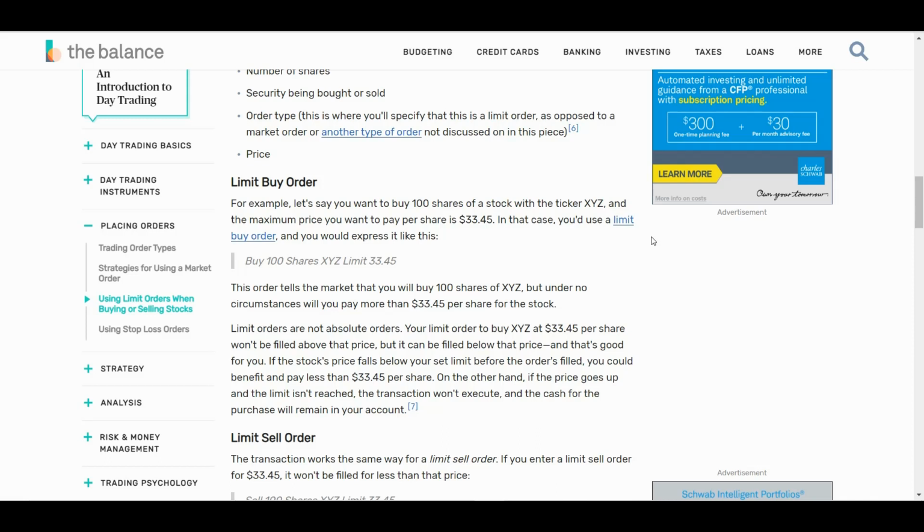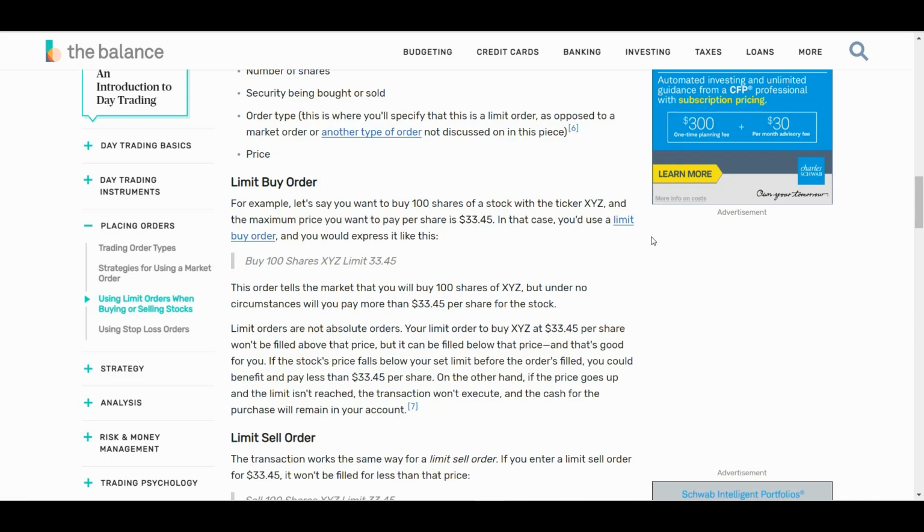This order will tell the market that you will buy 100 shares of XYZ, but under no circumstance will you pay more than $33.45 per share. So again, they're not absolute, and your limit order to buy at 33.45 per share won't be filled above that price. But it can be filled below that price, and that's a good thing because you're actually going to be getting that stock for less than what it is being traded for at that second when you put in the limit